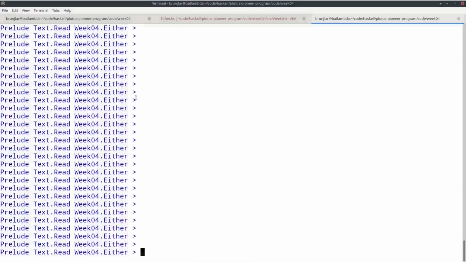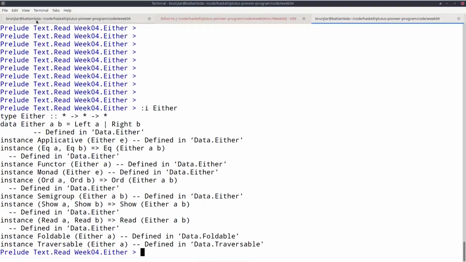Another very useful type in Haskell is the either type that takes 2 type parameters A and B. So if I ask for information for either, then we see it has two constructors like maybe, but both carry a value.